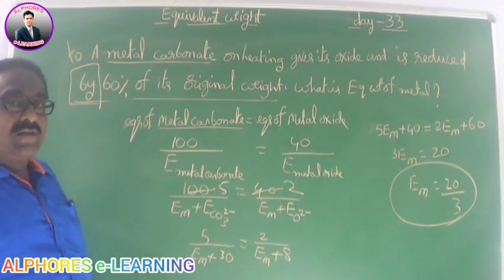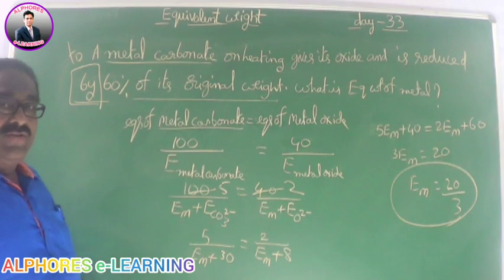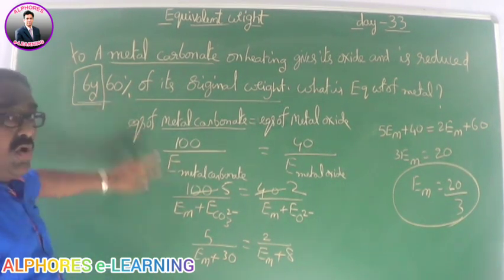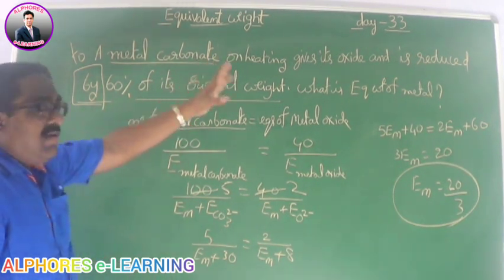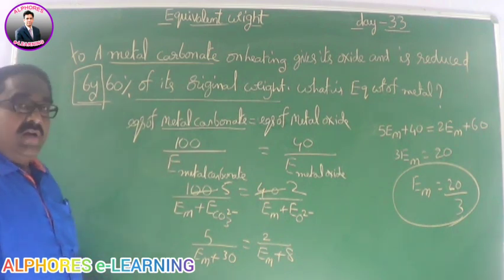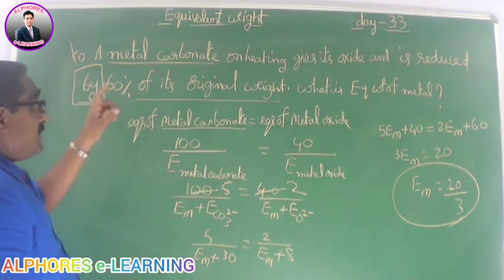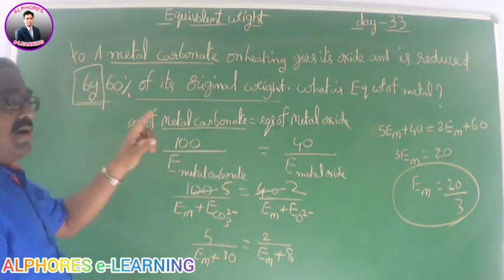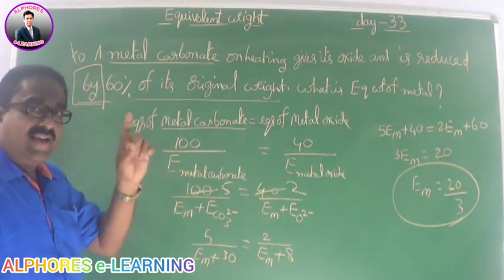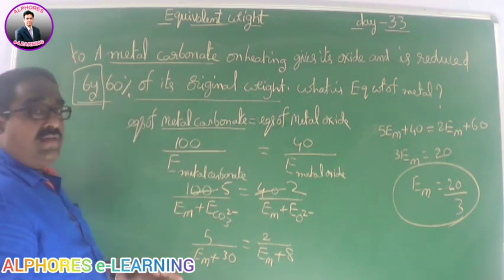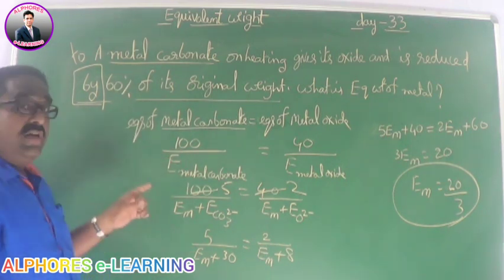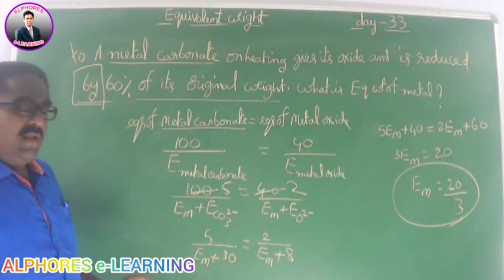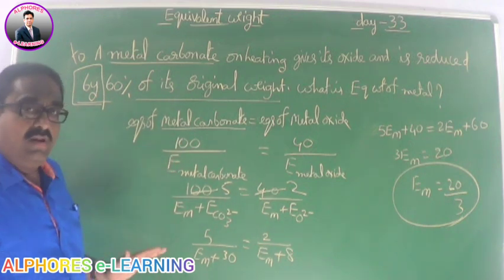See how much difference is there by the change of just one word, 'to' or 'by'. One should be very cautious while solving objective numericals whether they have given 'to' or 'by'. So the entire meaning of the question will change. Please concentrate while solving objective questions, especially we should be very cautious while reading the numerical, what exactly the data is given to us. That is very, very important while solving numerical questions. Nothing more than that, the concept is simple.